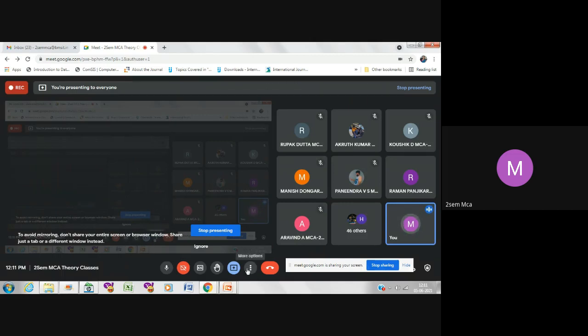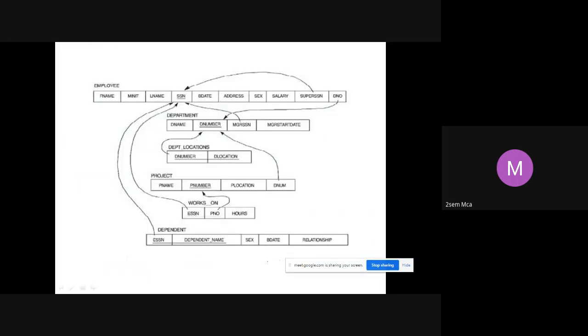Name and address of all employees who are working in the research department. How do you go about identifying? How do you go about writing this query? Even in SQL, how do you write this query? Anyone? You have to find the name and address of all the employees who are working in the research department. So research here is the name of the department. Since it is the name of the department, it comes from the department table. This is already given to us, where D name is research.